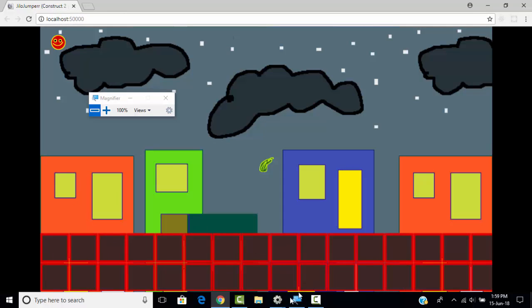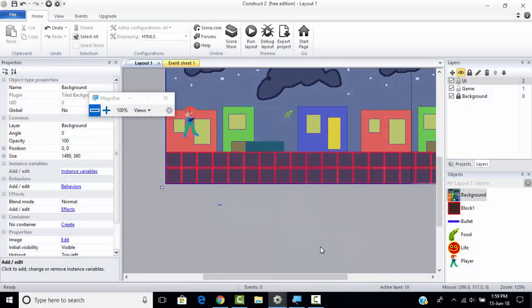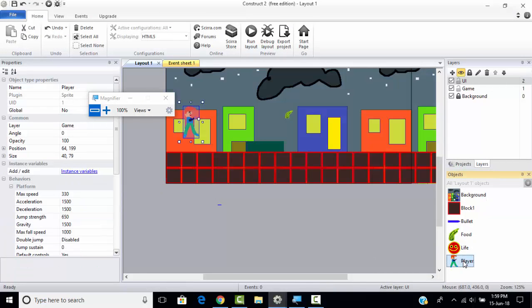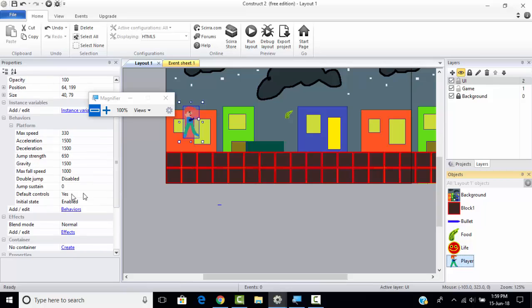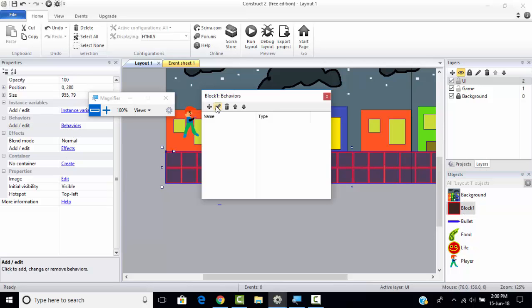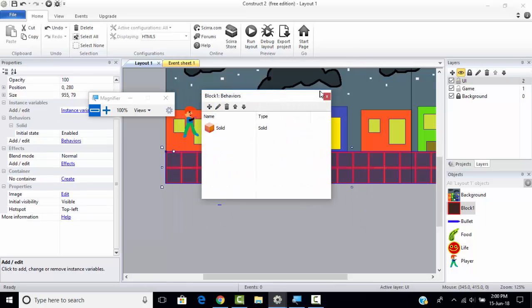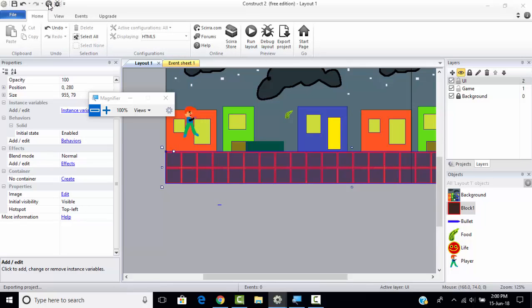And the problem that occurs here is that if you run that and click on player, it is moving downwards because we have not provided the block as solid. So let's make it solid. Go to the behavior, click on this one, click on solid, and then add. Let's cancel that, and then